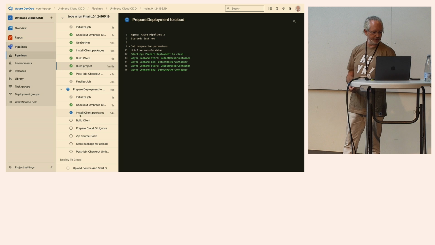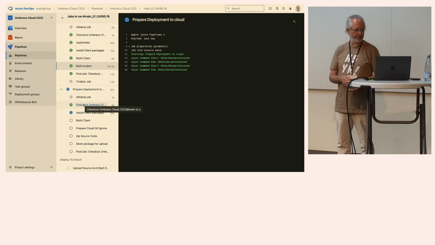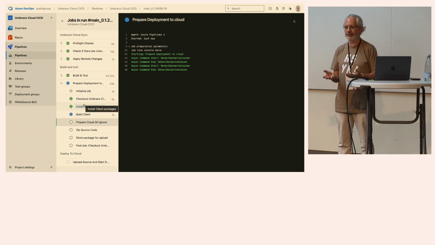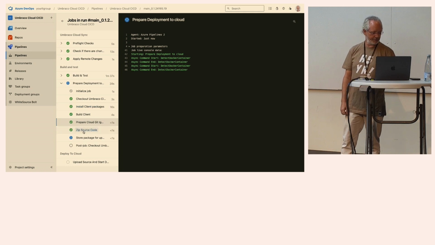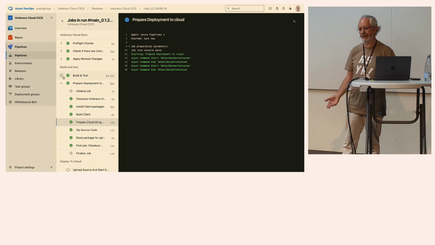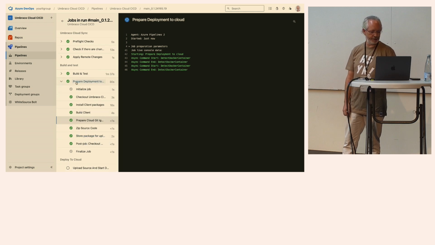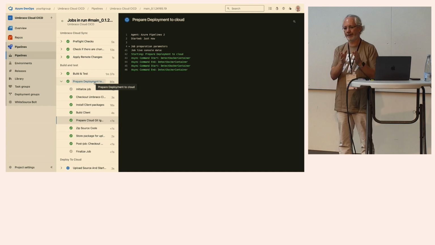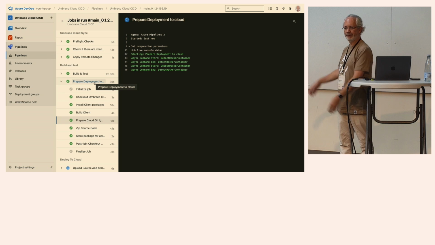So with this deployment step, it does another checkout because it's basically in a separate job, and each job checks out its own code and all the fun of it. So we actually need to redo our client packages here. The reason we did it in build and test was so we could test our front end as well if you're using Selenium or whatever it is that you're using, or automated testing. But you also need to do it in your deployment step, because the deployment step will take the code that's in your repository, package it up into a zip file, push it up,